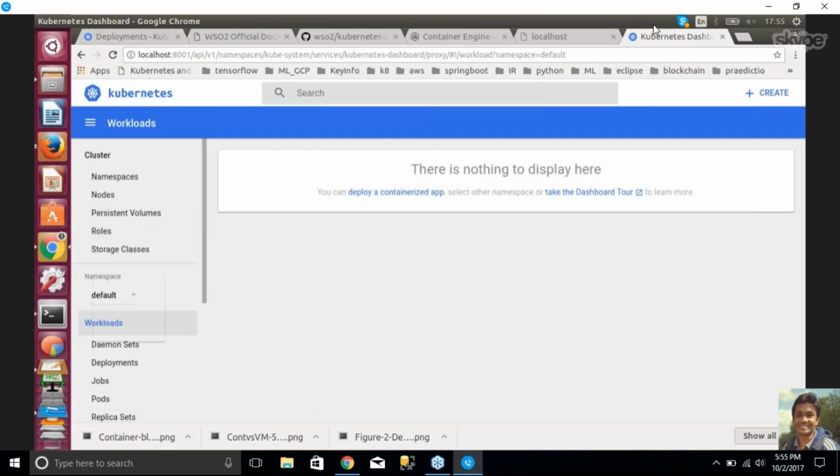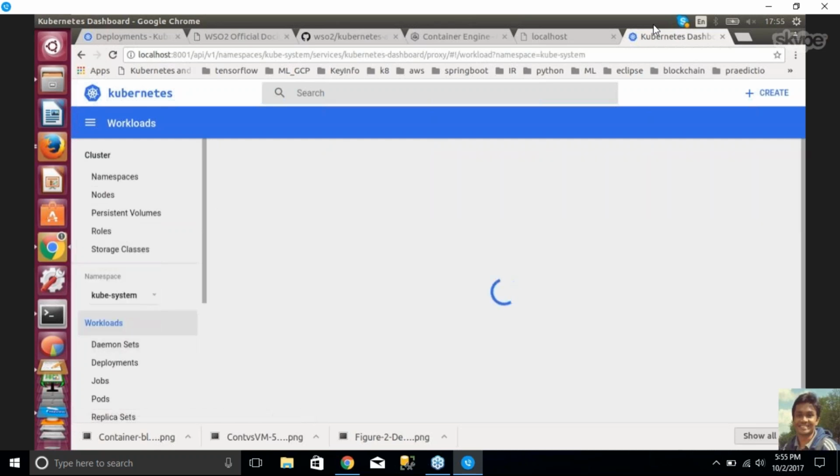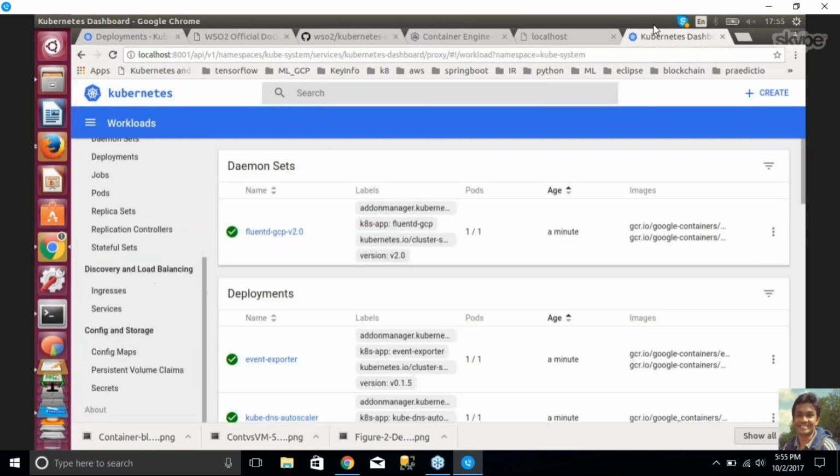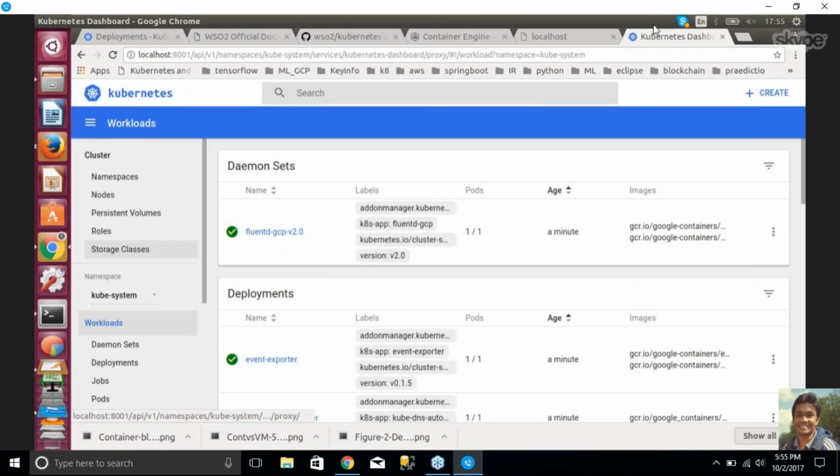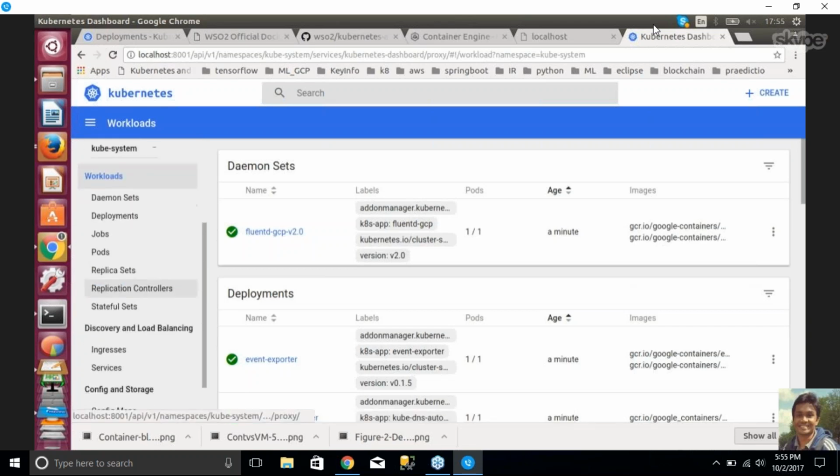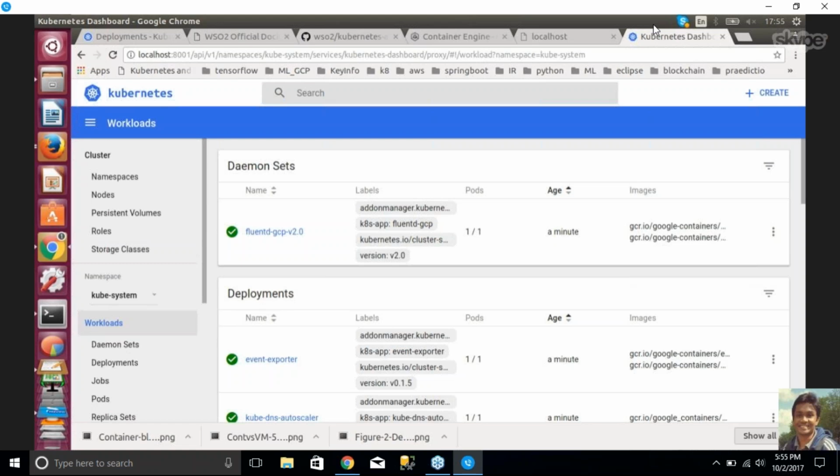So basically these are Kubernetes default namespaces and artifacts. So nothing we have deployed here yet. As you can see, it's very intuitive to go through all the workloads, all the deployment artifacts of Kubernetes